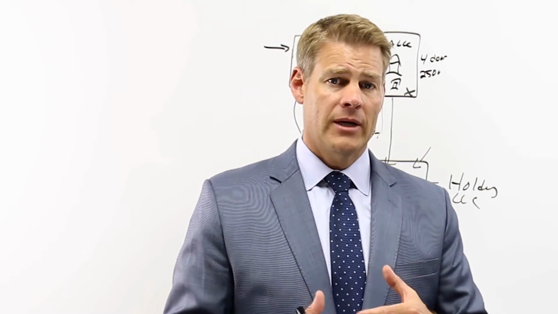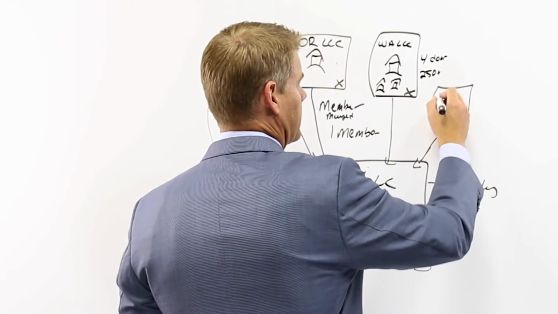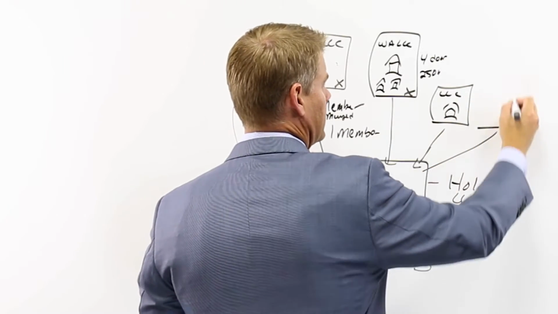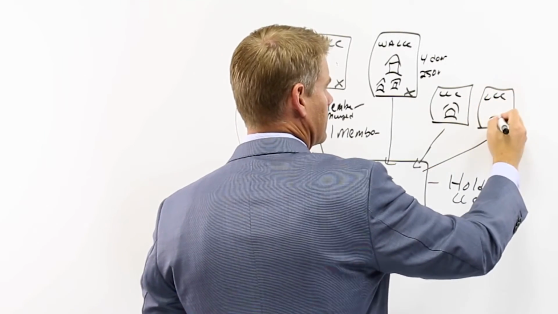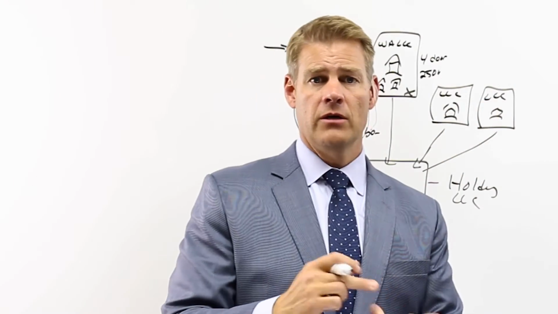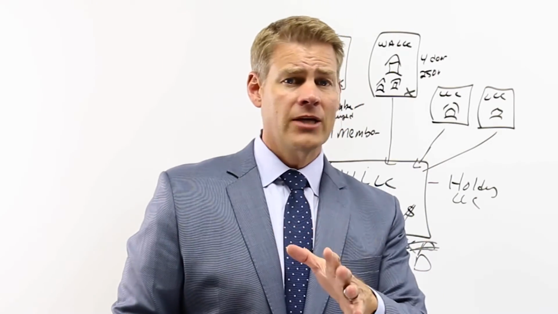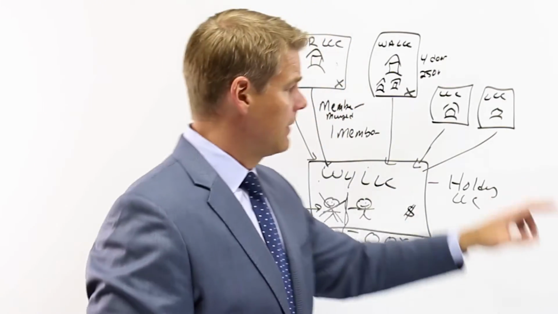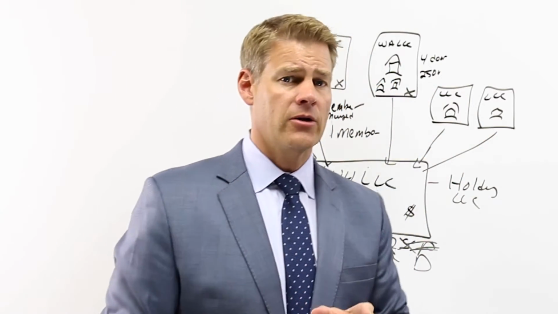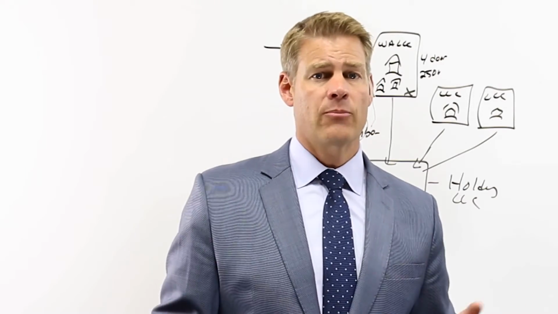So when I put my structure together, I prefer to use 1 LLC per property, like this. So in Washington, I would have 3 limited liability companies. Now, the cost to maintain these LLCs is your registered agent fee and your filing fee, so it's a couple $100 a year to maintain them. And if you're wondering about tax returns, remember, I've already showed you that if you set them up properly as disregarded entities, you don't even have to file a tax return. So you can then separate them out.